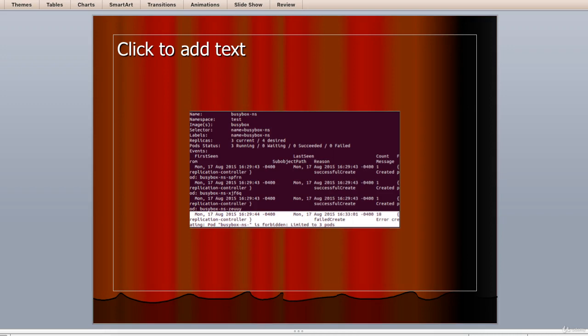Therefore, you may want to delete older pods, replication controllers, replica sets, and services periodically. So we need to clean it up. You can also destroy the cluster and recreate it as explained in the earlier parts of the lectures.